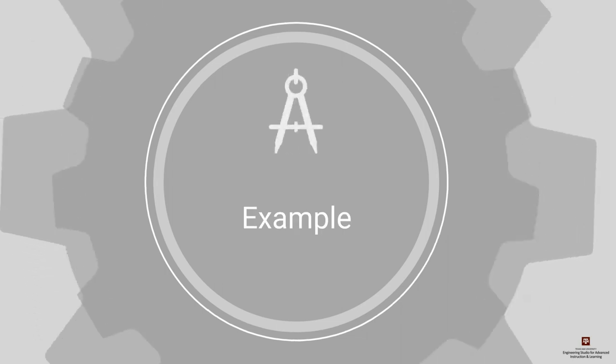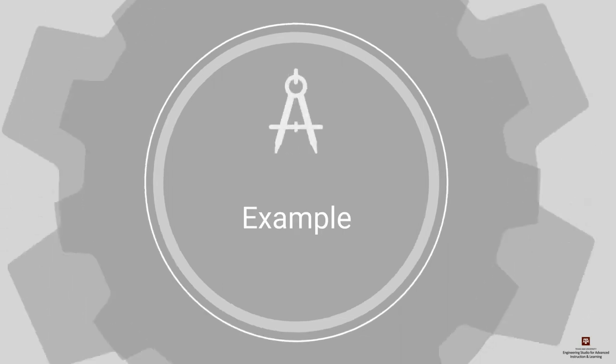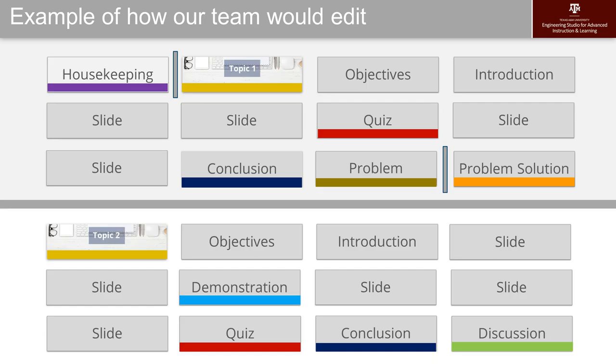Let's take a look at a hypothetical example where we use a simplified version of slide framing. This is how our team could use slide framing to interpret your efforts when using slide framing. First, they would know to take out the housekeeping agenda and remove it from the video, as this will help with evergreening the content. Next, they would begin with Topic 1, clearly denoted by the corresponding color stripe.